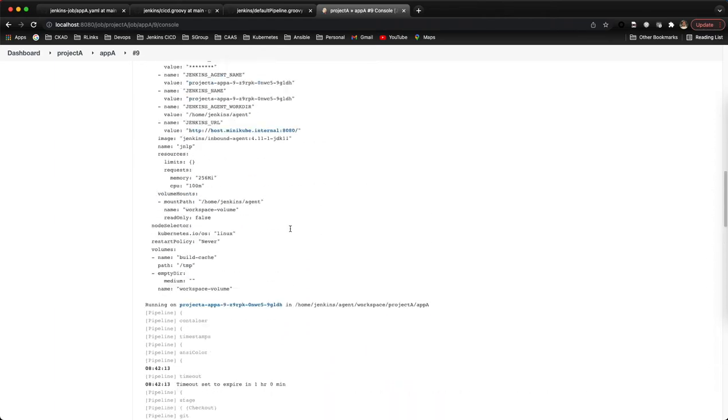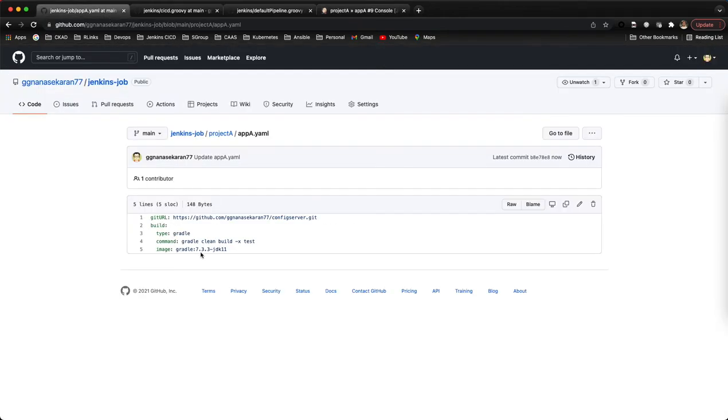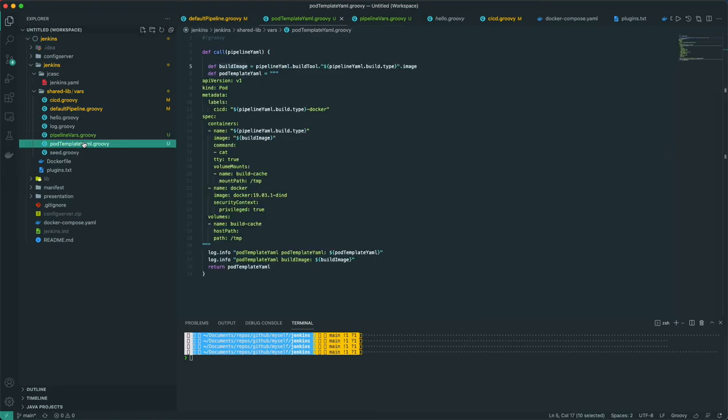In our current execution, if you take a look, it is 7.2.0. Now I change it to 7.3.3, and we have to do one more modification in our function. This is the place we are passing the image. Currently I'm taking it by default from the default version, but now I have to ensure whether they have declared it or not.